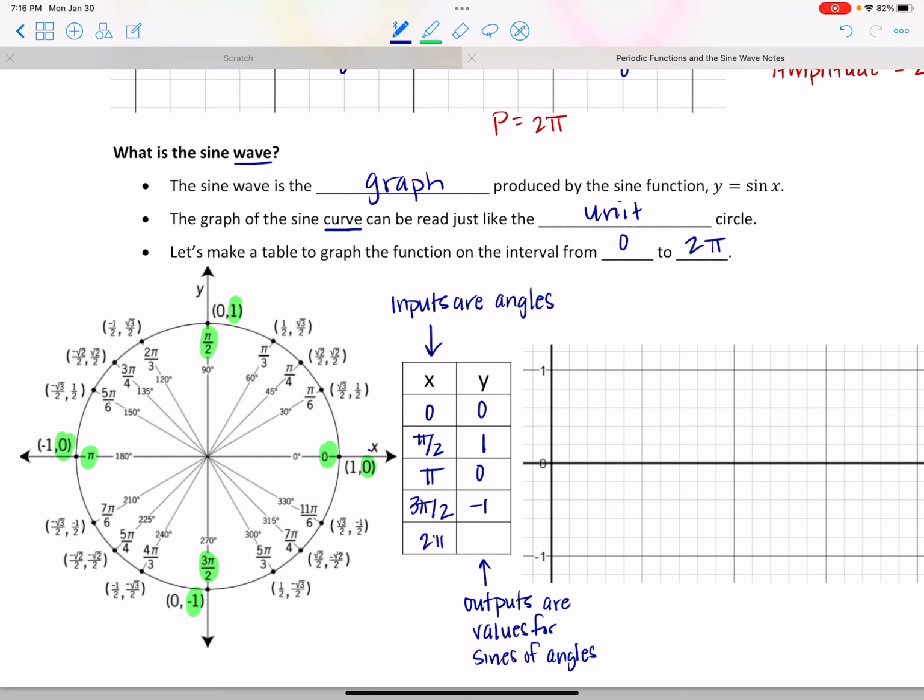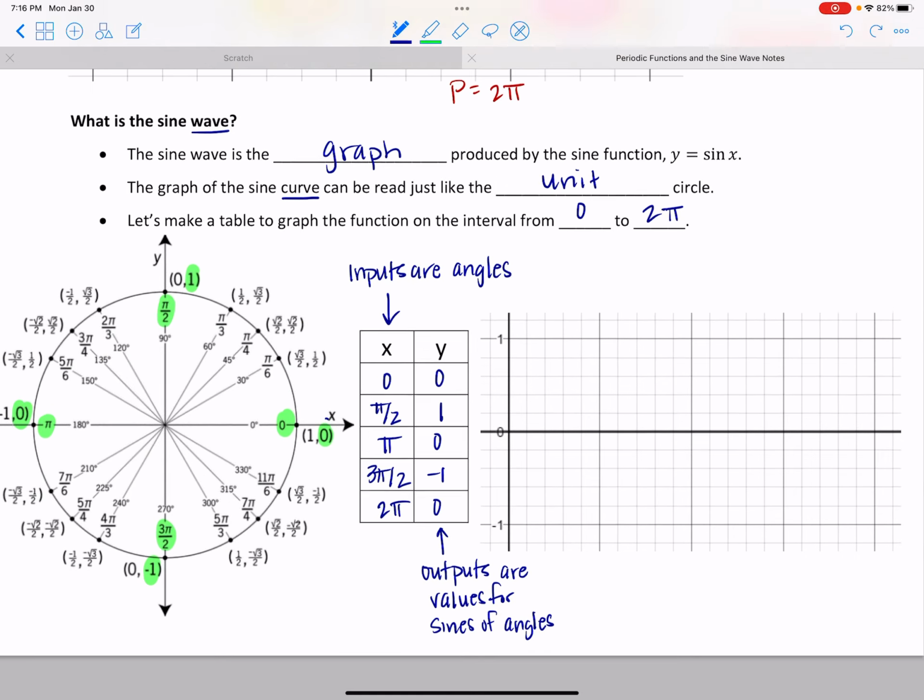So at 2 pi we get back to 0. You would see I could keep going around the unit circle as many times as I want, right? So I've got a full 360 now. I could add another 90 and get this same y value, add another 90, get the same y value, add another 90, get the same y value, and then just keep going around the circle and repeating that same pattern of y values. So I'm only going to graph here from 0 to 2 pi because it captures one cycle